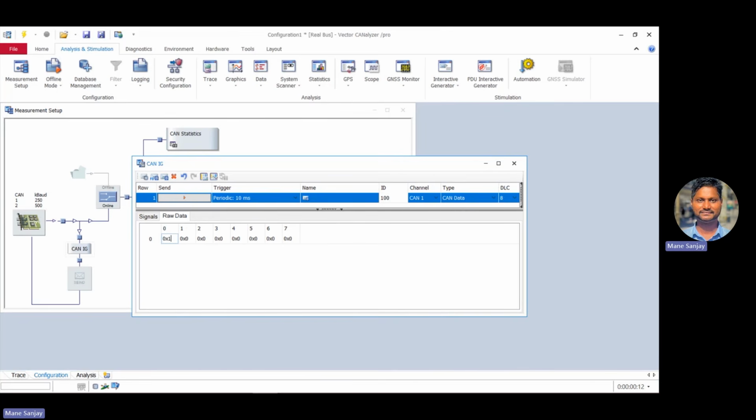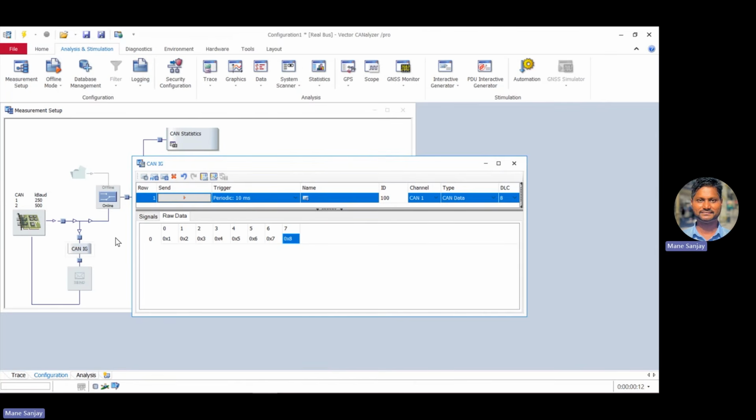Let's say I'm sending 1, then 2, then 3, then 4. So whatever data you want to send, you can send. But remember that this is a dummy message, so I'm sending any data in any message or with any identifier. Usually, when you go online and want to do something on the vehicle or in the system, you have to make sure which CAN message you are pulling from the database and what data you are sending in that message. So I'll send this periodic message with the period set up